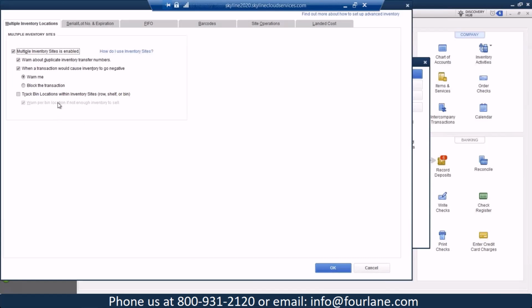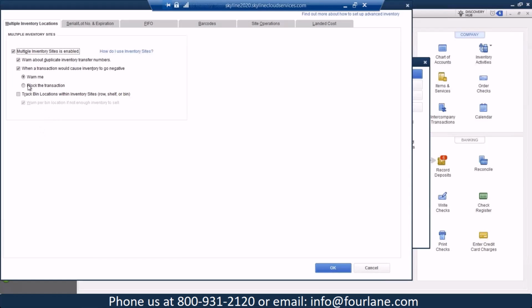One of the things to note when we're talking about inventory sites is that QuickBooks does consider inventory on a global scale. What I mean by that is it will look at the overall quantity of your inventory. So for example, if I've got a positive quantity of 5 at my first site and a negative quantity of 10 at my second site, QuickBooks is taking that global value of my inventory, which in that example would make it a -5. You can still see that breakout of inventory at the individual site locations, but that is something